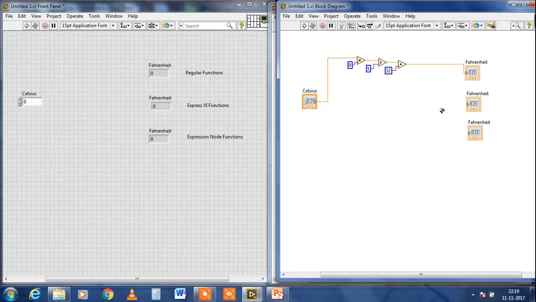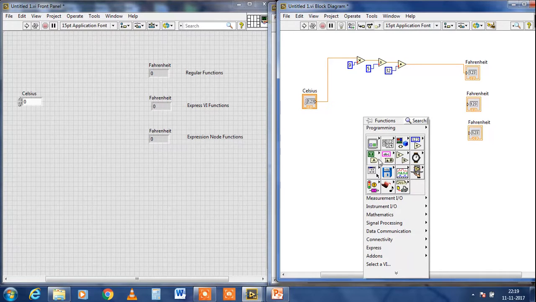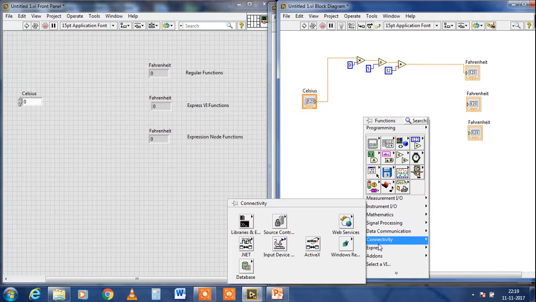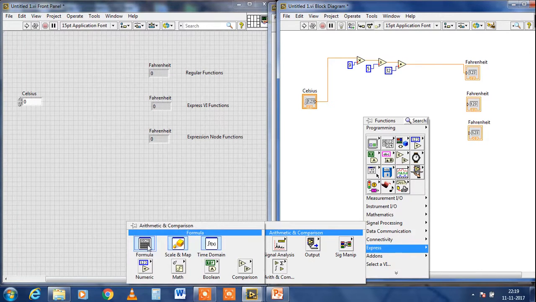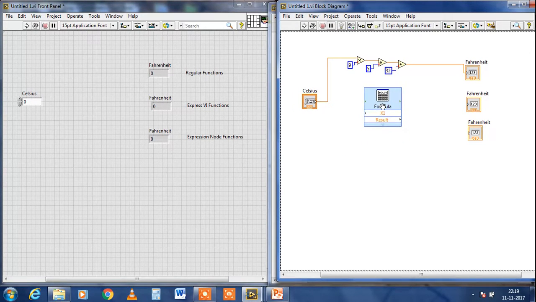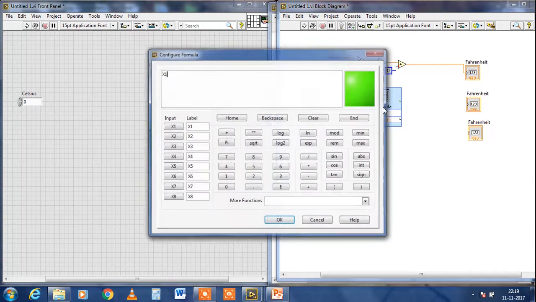Now we create a function with the help of the Express VI. To select the Express VI, go to the function palette, then go to the expression, and then go to the formula, that means the formula VI. In this formula VI we write the formula.